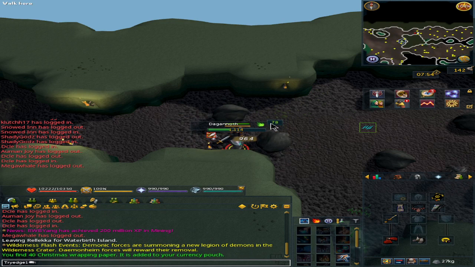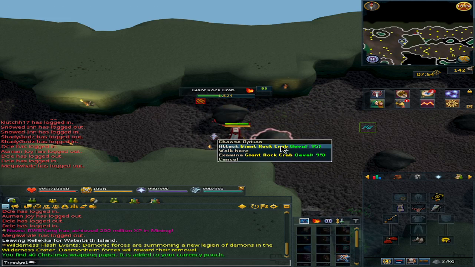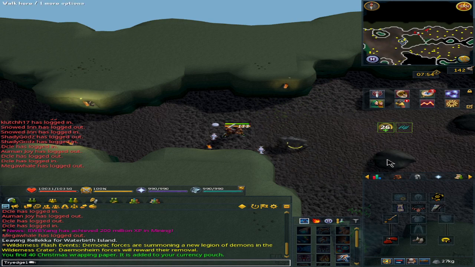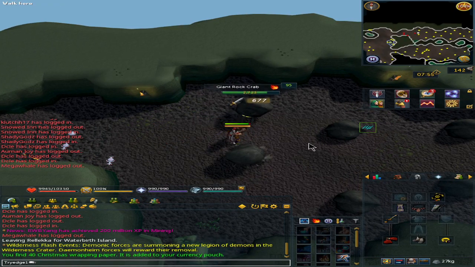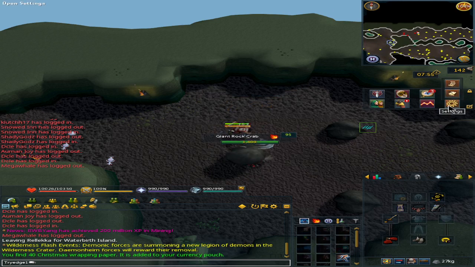And if you do have a charming imp, this is amazing because we will be killing giant rock crabs, which if you're not close to them, they will actually be a boulder. They will be unattackable. So you just want to go close to the boulder, and then they'll spawn usually when you're not attacking anything. And if this is a super fresh account and you don't have access to the imp charmer, you actually want to go to the settings,